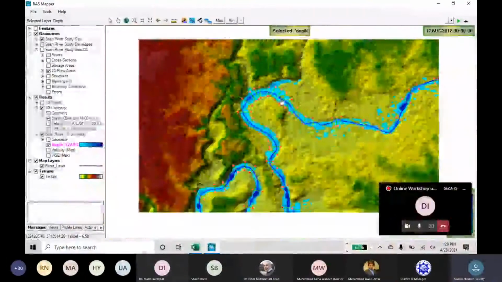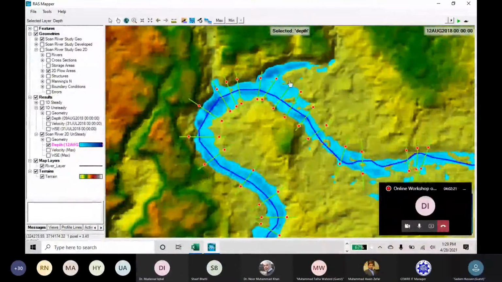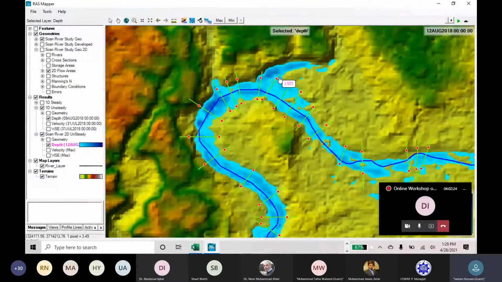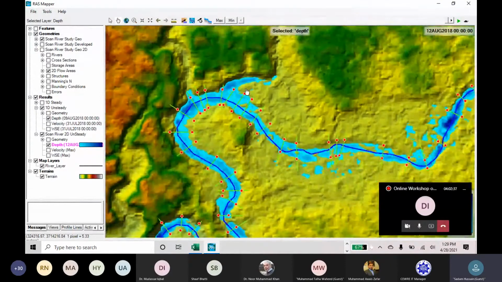You can see that in 1D, when I have run the unsteady or steady flow, the water is limited to these cross sections. They do not go behind these cross sections. In the same sense, if you want to study precisely a sedimentation or flood inundation or anything else, you have to input these cross sections at the location which you want to model.